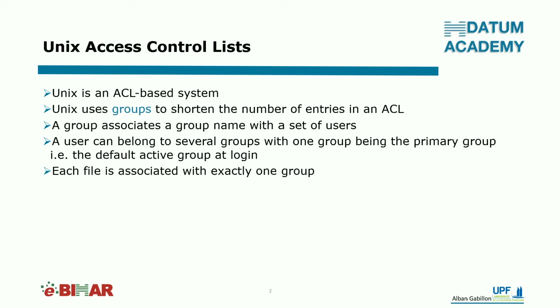Each file is associated with exactly one group. So it may seem a bit strange and restrictive that each file is associated with a specific group, knowing that a group represents a set of users. Why would a file be associated to a given group? This will clarify gradually while we present the Unix DAC system. But you must be aware that the Unix DAC system was designed at a time where the computer resources were scarce. So in fact, the Unix DAC system is not the most intuitive DAC system, but it is computationally efficient and requires few storage resources.